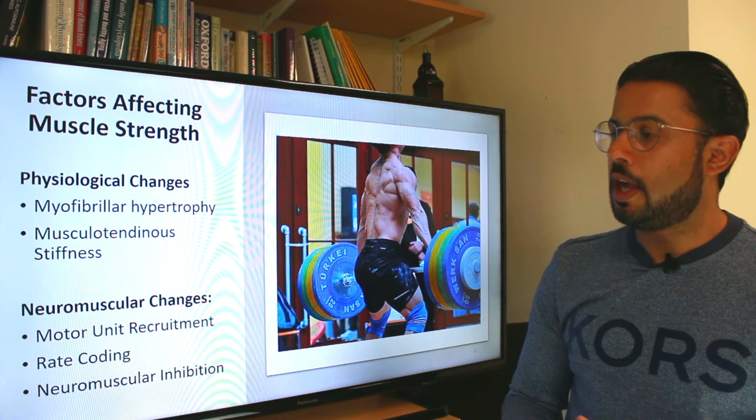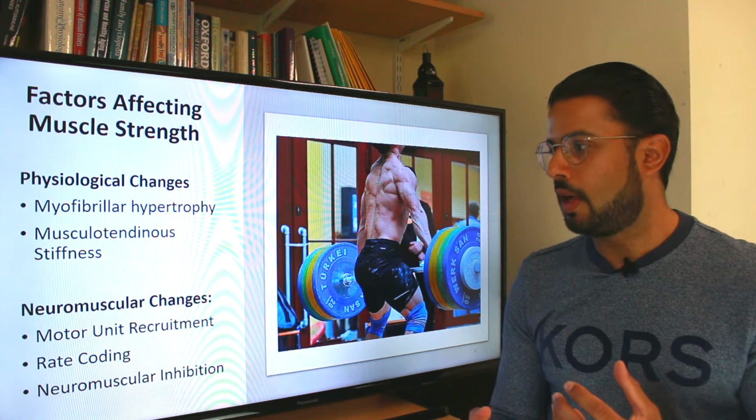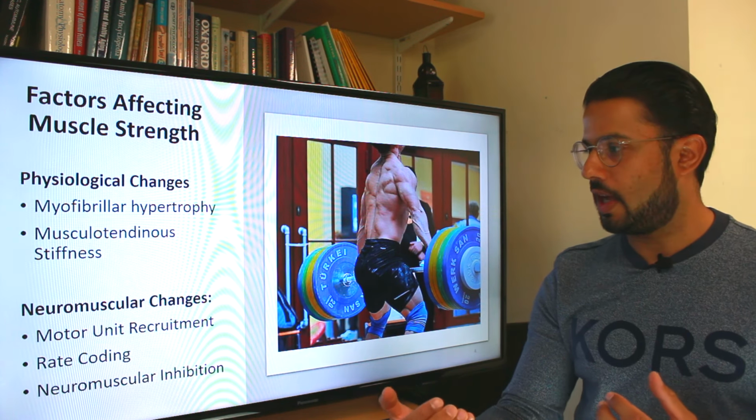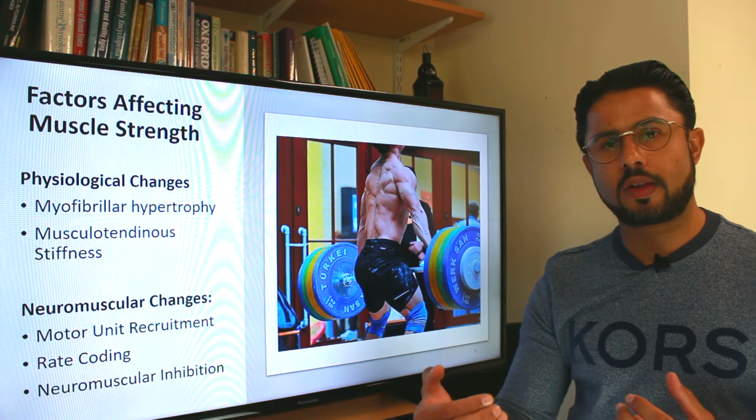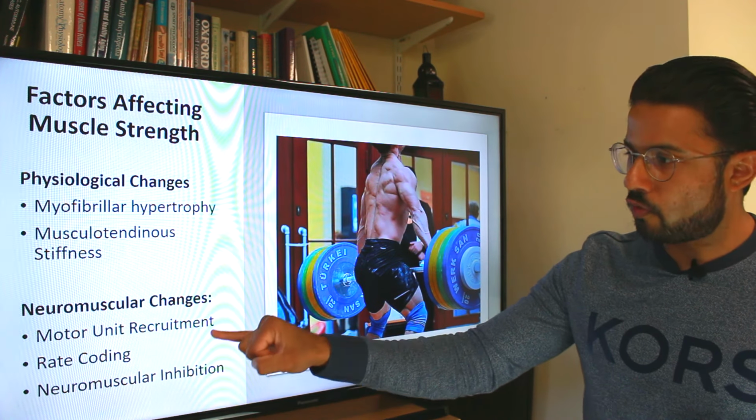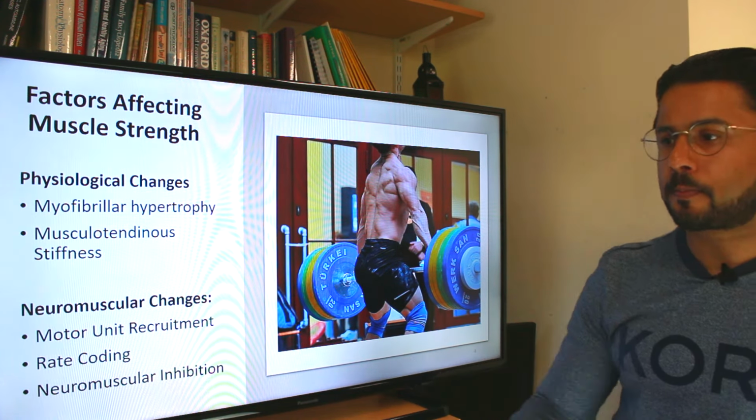But we also have changes in our musculotendinous unit. The tendons also undergo a change, an increase in cross-sectional area. We'll talk a little bit more about what happens with that. And by far one of the most important and often neglected parts of the changes that happen in the body from resistance training is the neuromuscular changes. As athletes and coaches, we need to give appreciation to the changes that are happening to our neural circuitry to develop strength and power. So we're going to talk today about motor unit recruitment, rate coding, and neuromuscular inhibition.